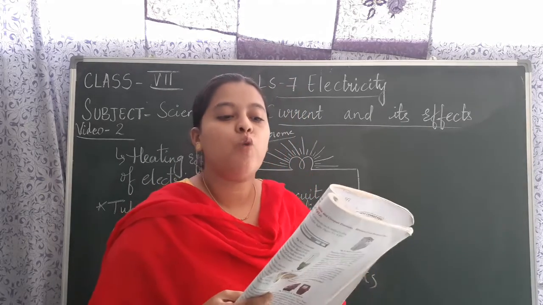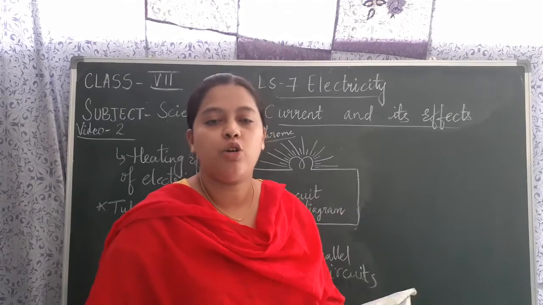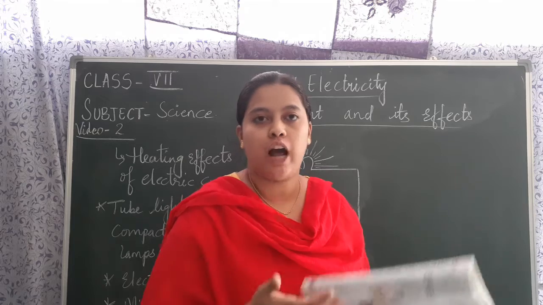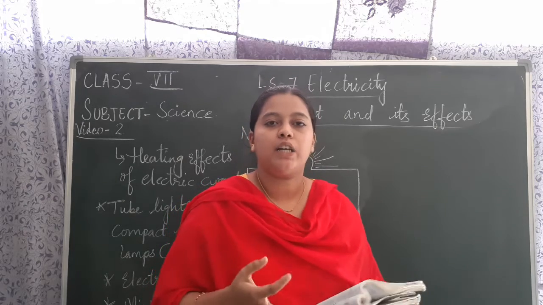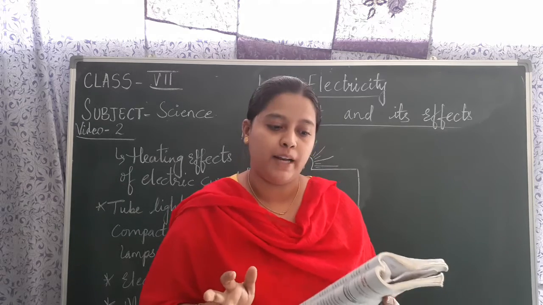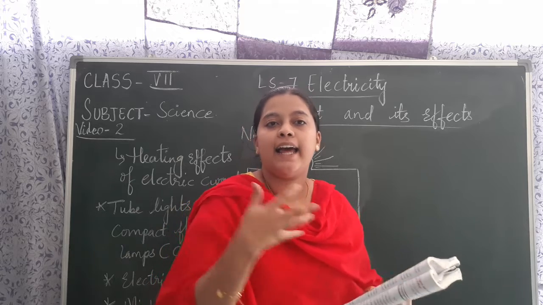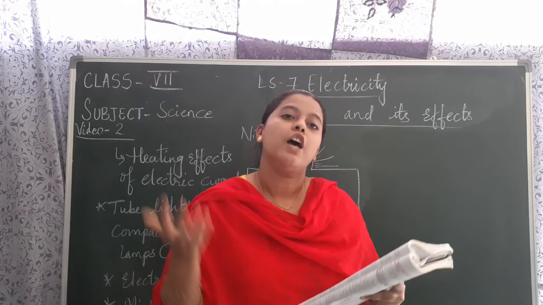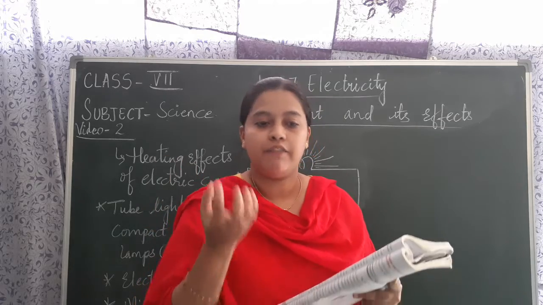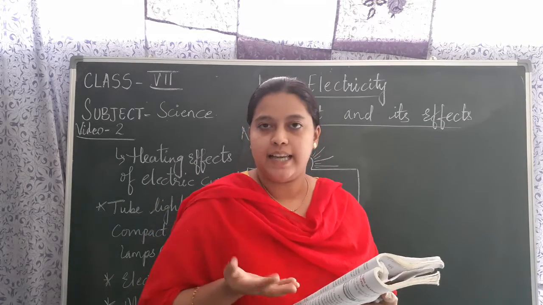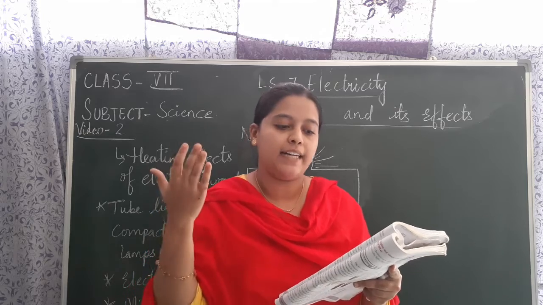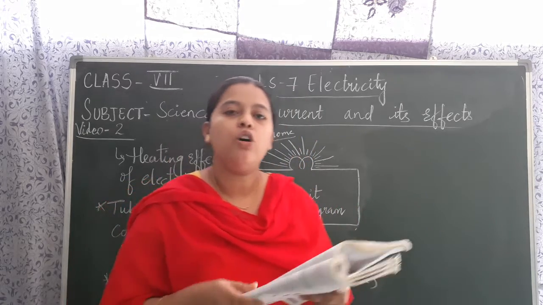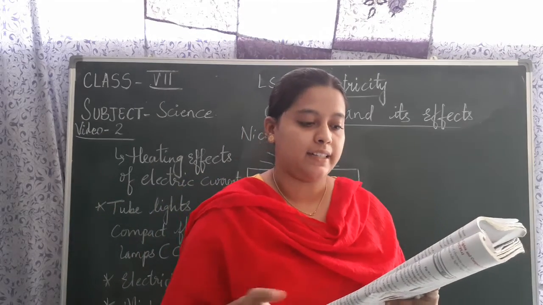The wires used for making electric circuits are not normal wires; they do not normally become hot. In your house also, the circuit will not become hot normally. On the other hand, electric appliances become hot because of the filaments present in them. Because of that, the temperature rises high and they start glowing and giving out light.